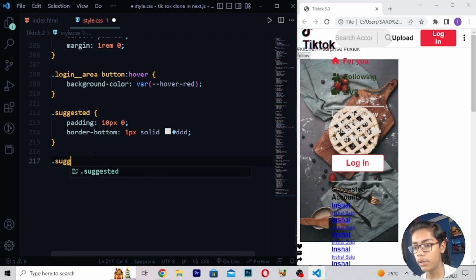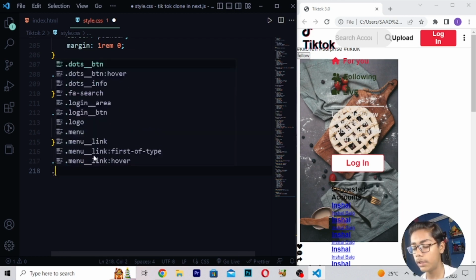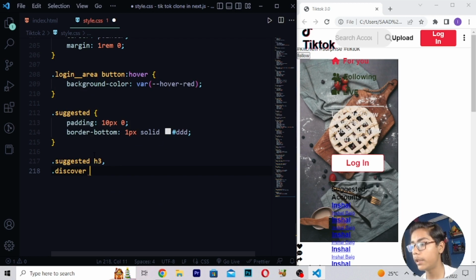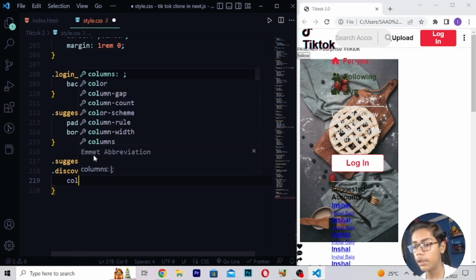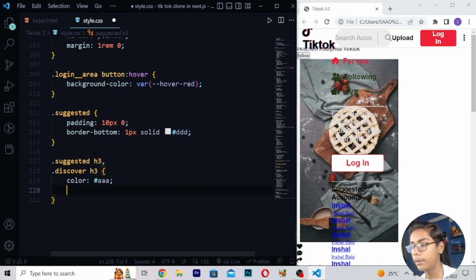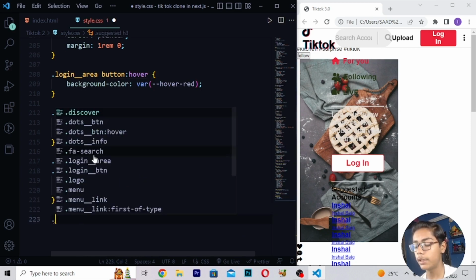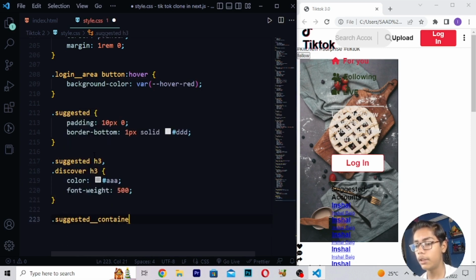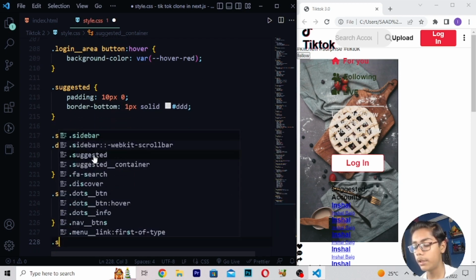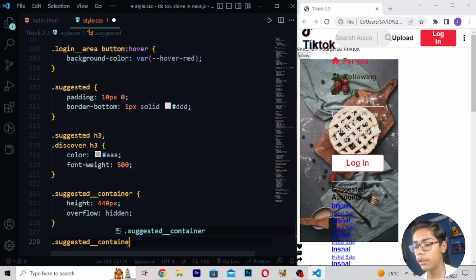which should be like .suggested h3, right here .discover, then here I will be writing h3, and when you've written this, right here color, and then a tag, then right here font-weight 500, then .suggested-container, then height 440 pixel, then overflow hidden, then .suggested-container.expanded,